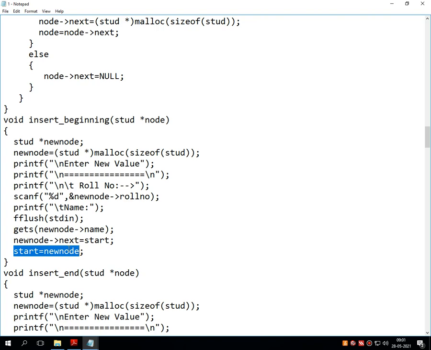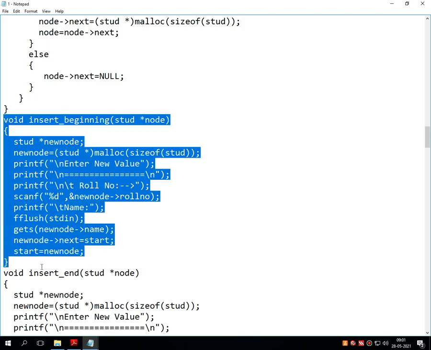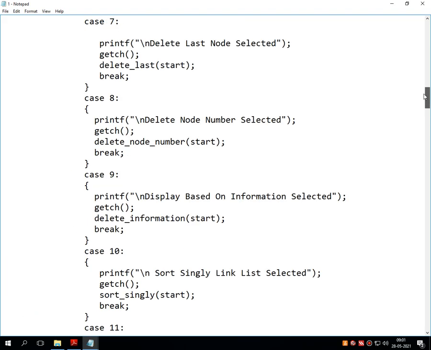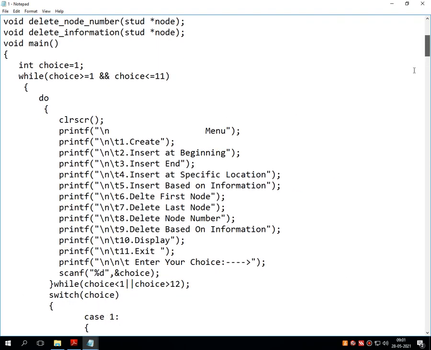So what happens? I had 5 nodes. Instead of that, now 6 nodes are there, and the newest node is not added as the 6th node, but it is added as the first node, and the already first node becomes the second node, and the 5th node becomes the 6th node. So for that, this logical line of code is written, that is called insert at beginning. Same like that, the program continues.